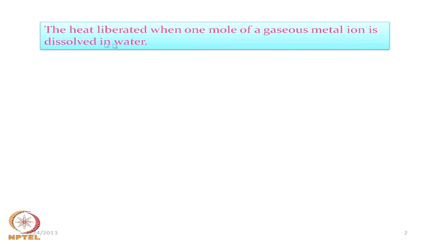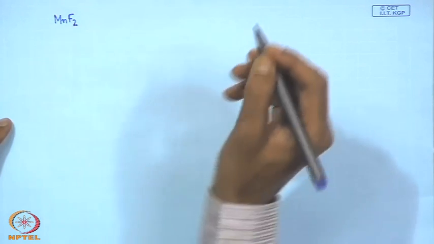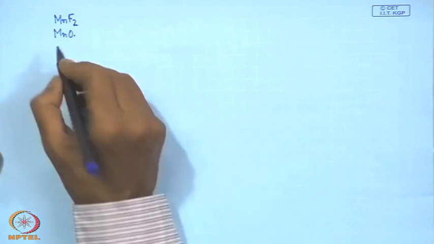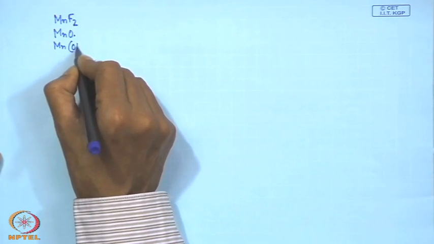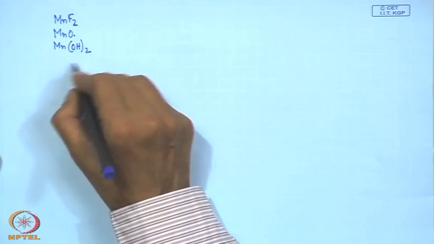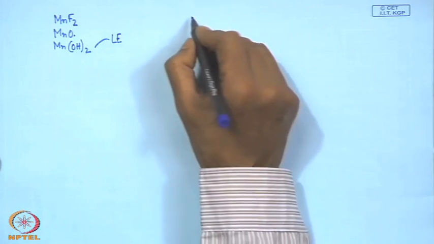So, when we see that it can also be applied to the corresponding interaction of the metal ion with the water molecule, with which we started our discussion. In the solid state, what we have just now seen is the formation of MnF2. Similarly, we can have the corresponding formation of MnO or MnOH, and this is the corresponding solid state, because in the solid state we are talking about the corresponding LE values, the lattice energy values, but in solution